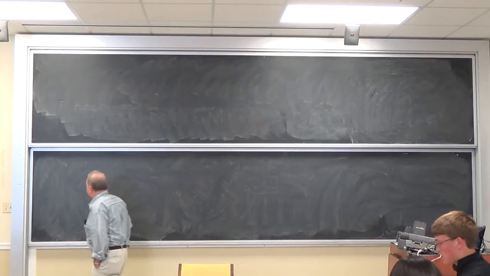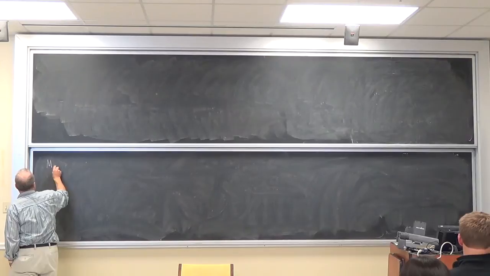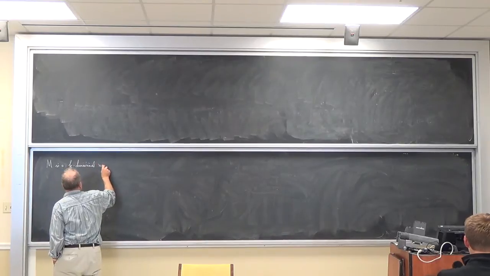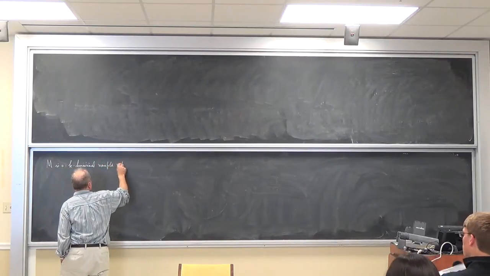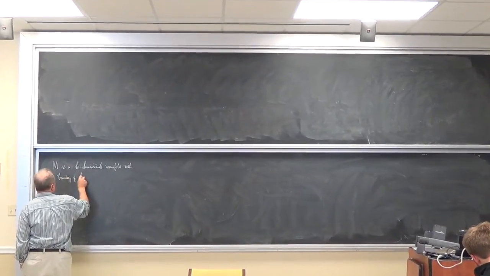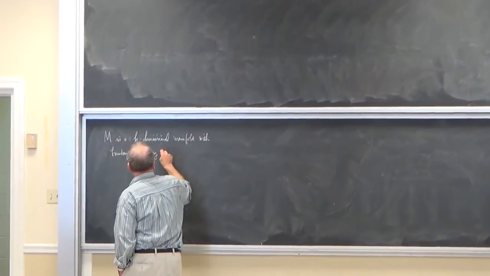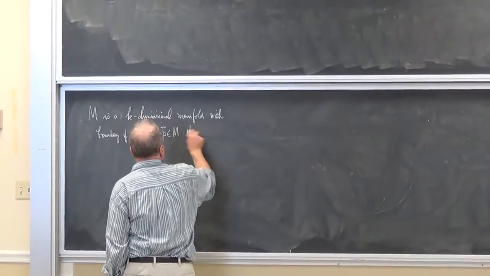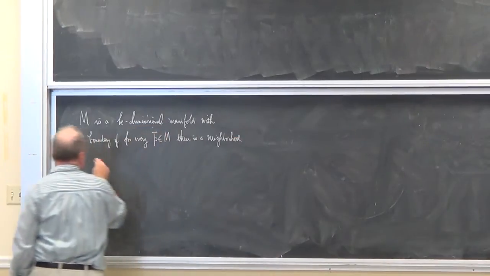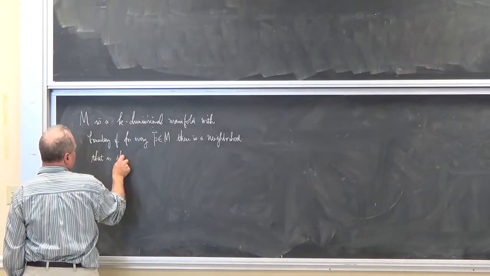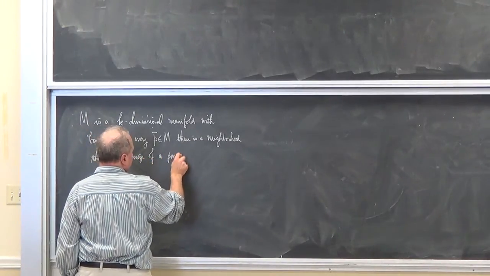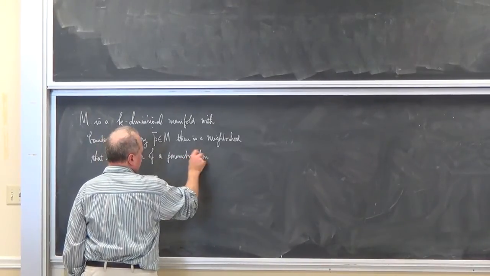So, we said M is a k-dimensional manifold with boundary if for every p there is a neighborhood that is the image of a parameterization G